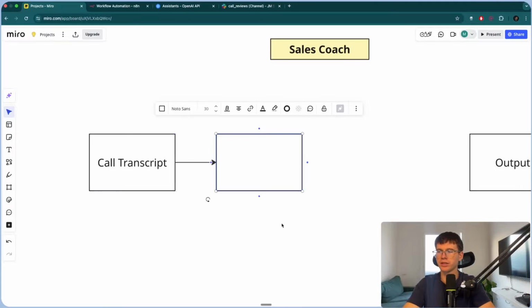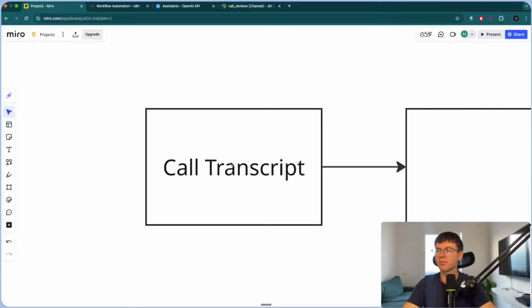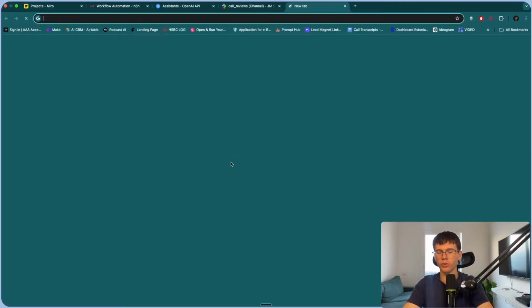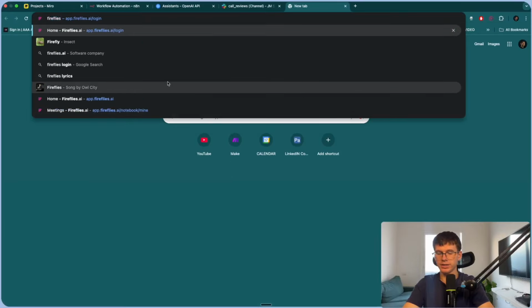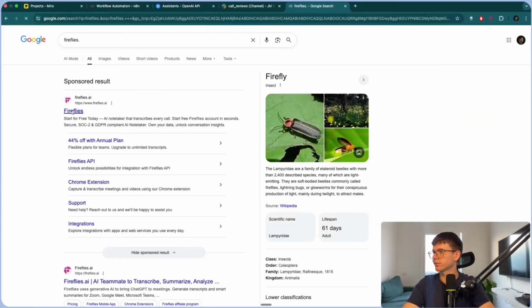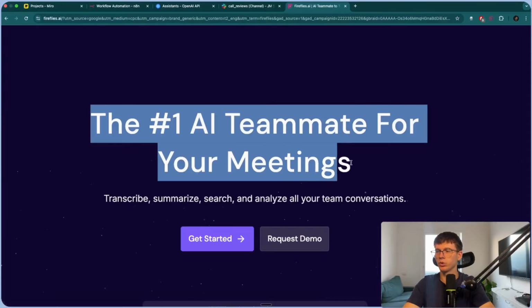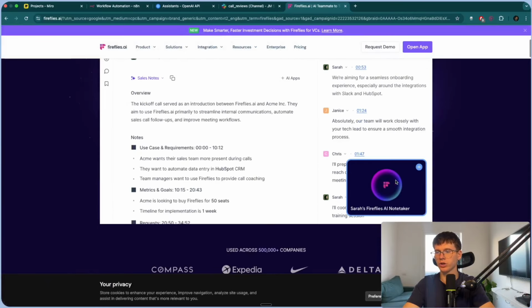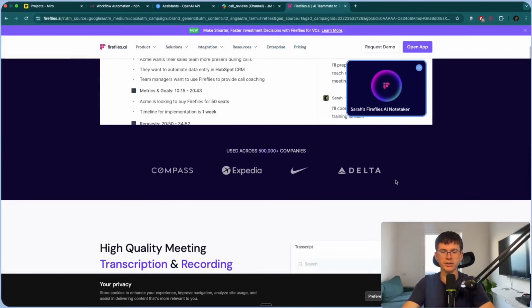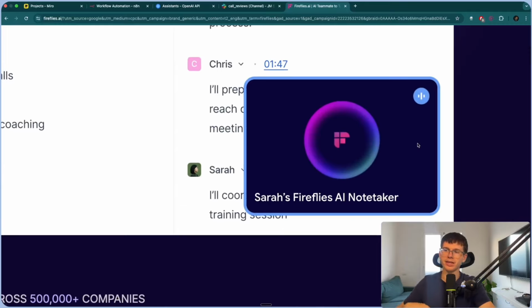And by transcript, we mean everything that has been said. And we know this works because we have meeting note takers. For those of you who don't know what meeting note takers are, let's go to Fireflies, for example. This is a note taker. What it does is that it joins the calls when you're on a call with a client. So you hop on a call with a client and you let it in, and it's sort of like a live note taker. It doesn't speak, of course, it just takes notes and transcribes the call so you can then use it for whatever it is.